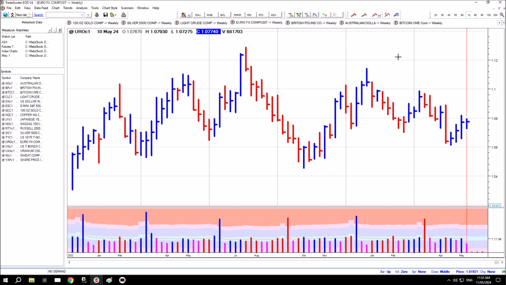This is the Euro-US dollar currency futures. And the important line comes through here. Market found some support here and pushed higher. It attempted to hold on to this level, but broke down below it there. Now prices pushed back up, and this week it's tested for supply, and the low volume suggests that supply is